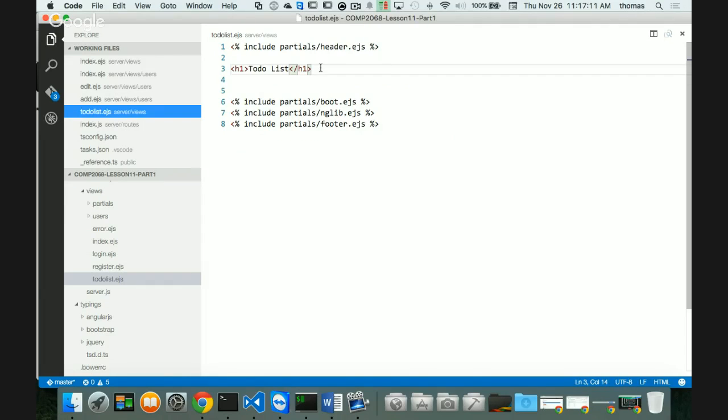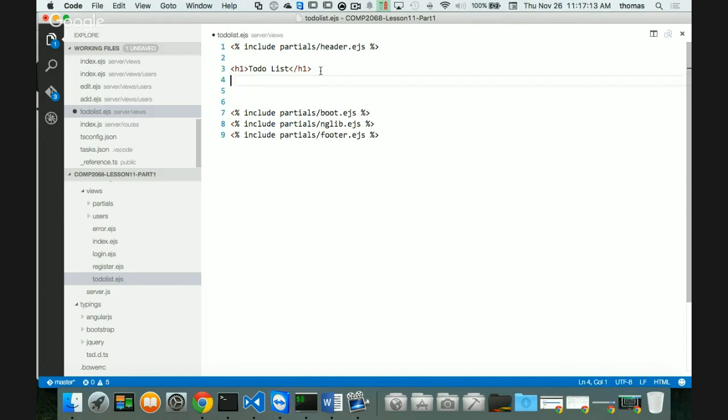Inside my to-do list, to test Angular, I want to put in some kind of expression. If the expression works, we know that Angular has been installed. So my expression will be something like, Tom is, and then plus, we'll do some concatenation,